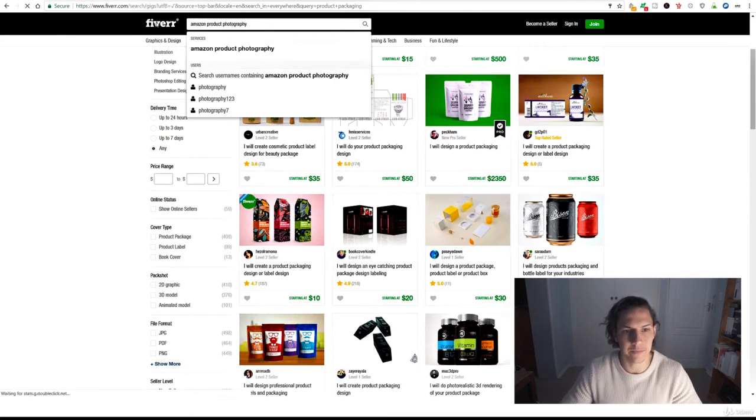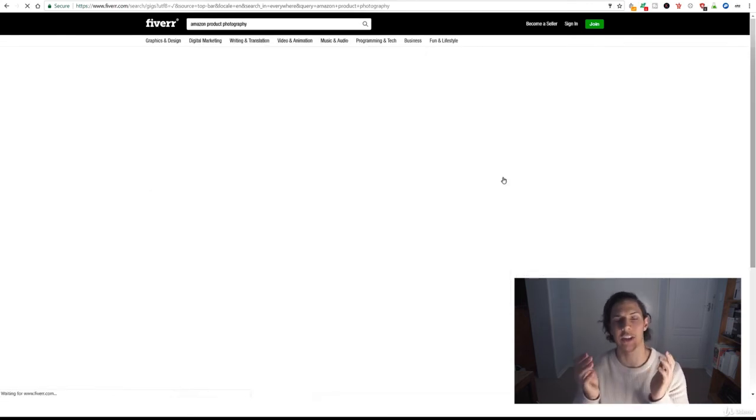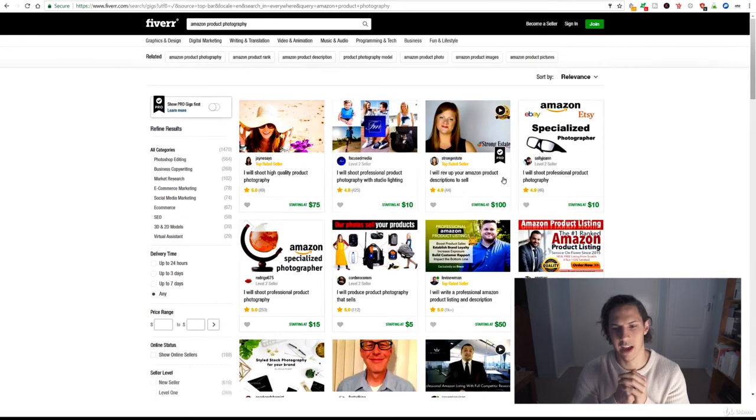photography. Now what these guys do is you essentially just send them one of your items, and they'll shoot your product for you. They'll shoot it in their house. You don't even have to pay them extra or anything like that. You just ship the item to them and they'll shoot it for you. You can do that by asking your supplier to send it to them, and they'll send it for a certain fee or just the shipping fee, or you can create a fulfillment order from inside of